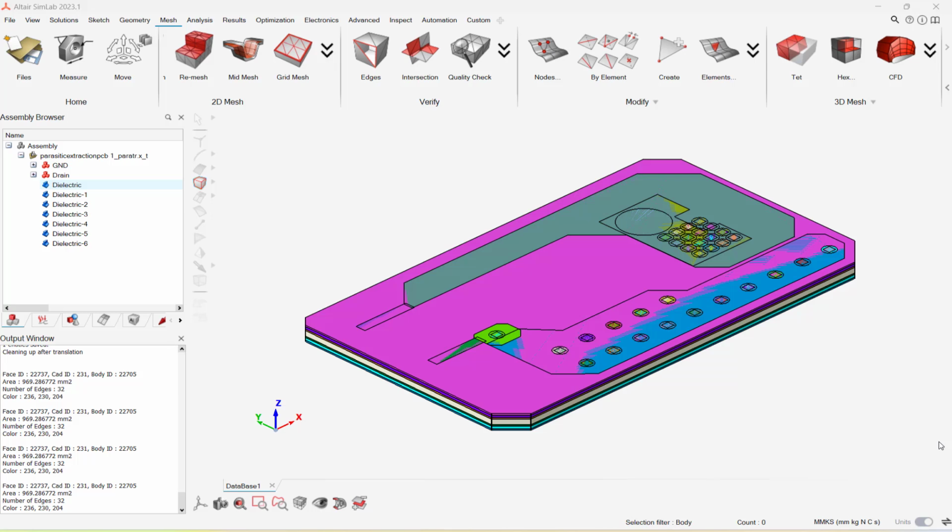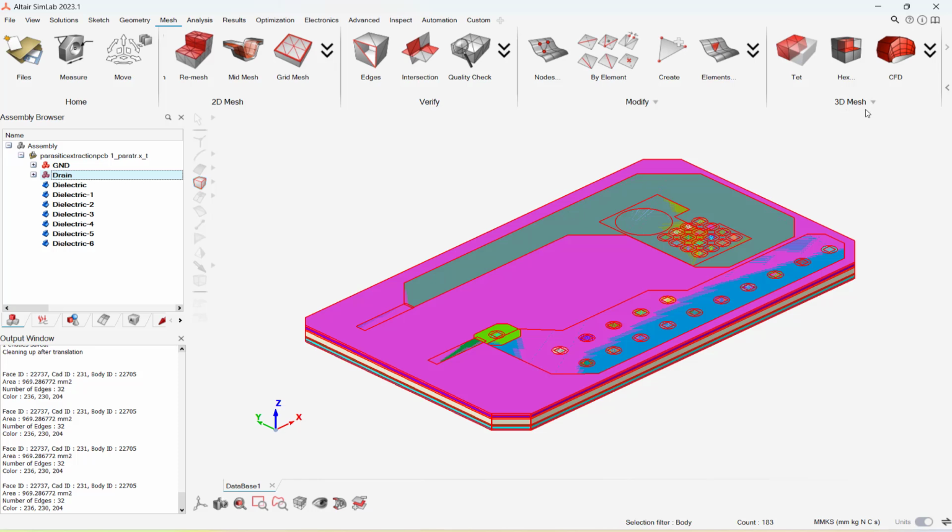After generating the key planes, the next step is to mesh the model. To mesh a model of this type, one of the easiest and fastest approaches is to use the Cartesian hex mesh. For this, you need to select all the bodies. Go to Mesh.